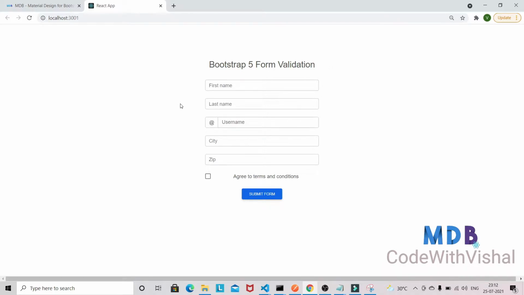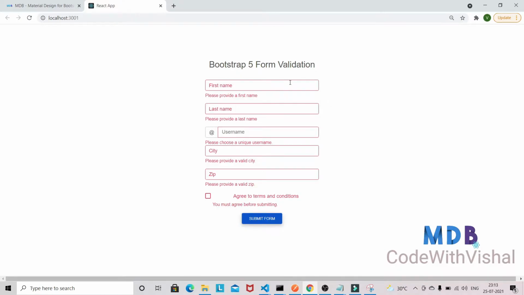So this is a very nice Bootstrap form, and we are going to perform the client side validation. So if you submit the form without providing any input in these fields, you will get an error message like please provide a first name, please provide a last name, unique name, valid city, a valid zip, and you need to also make sure to check this agree to terms and conditions checkbox.